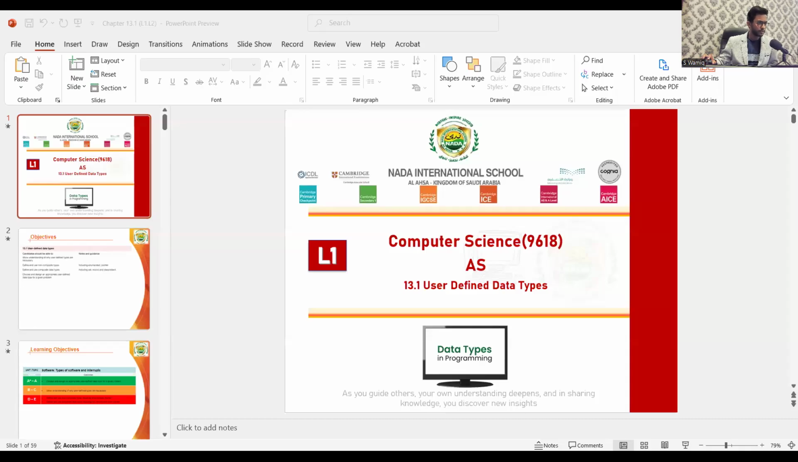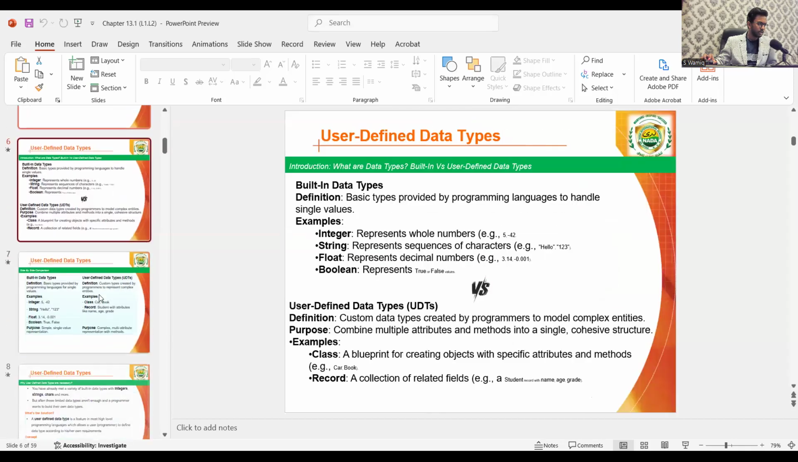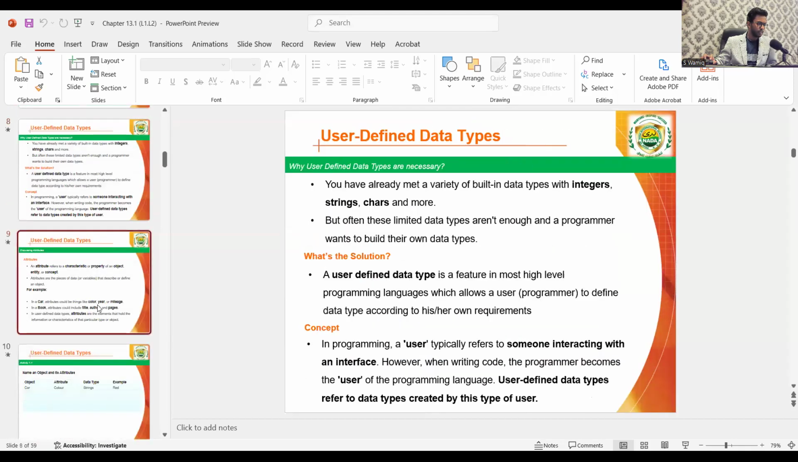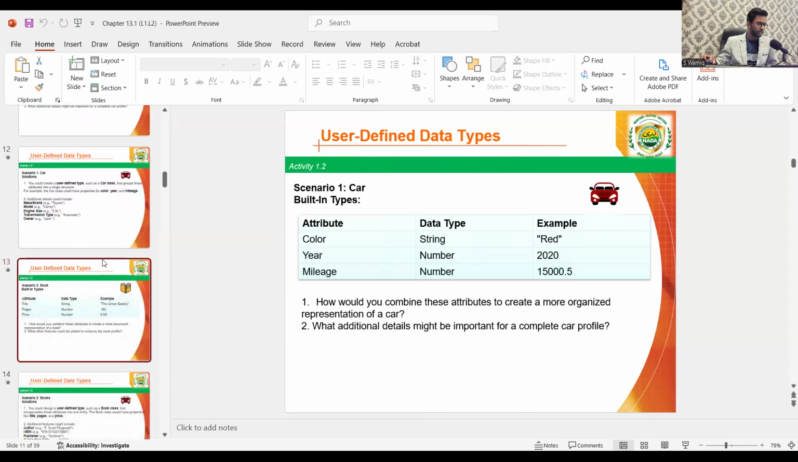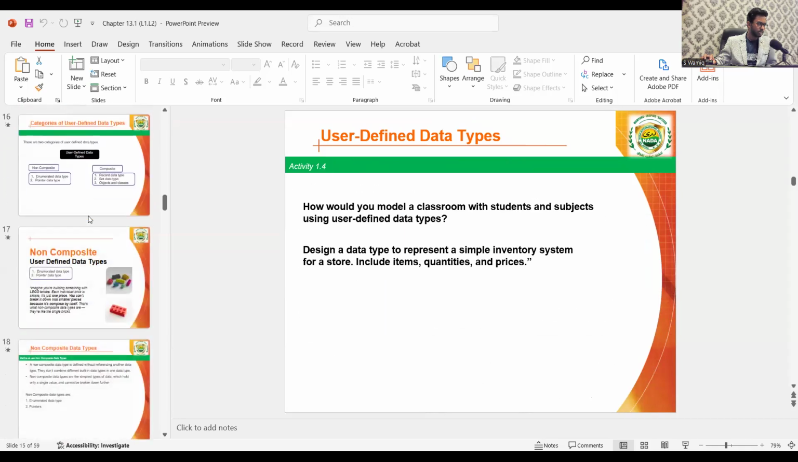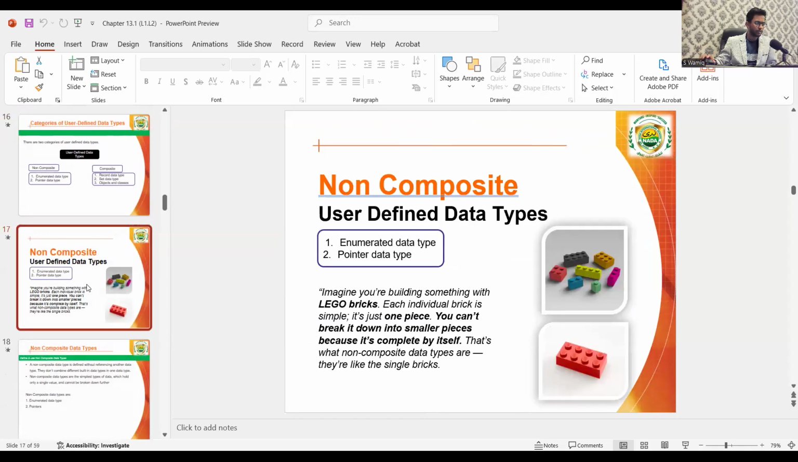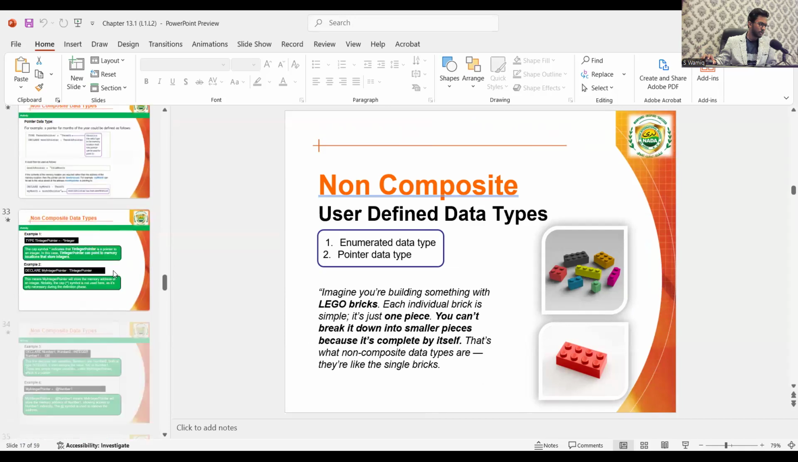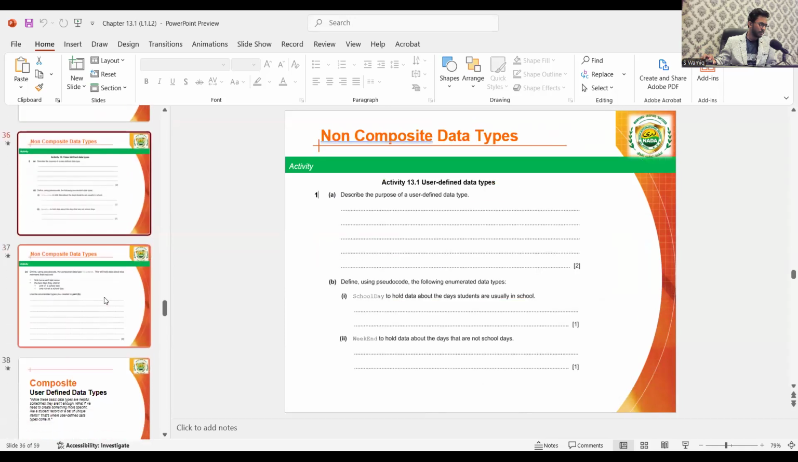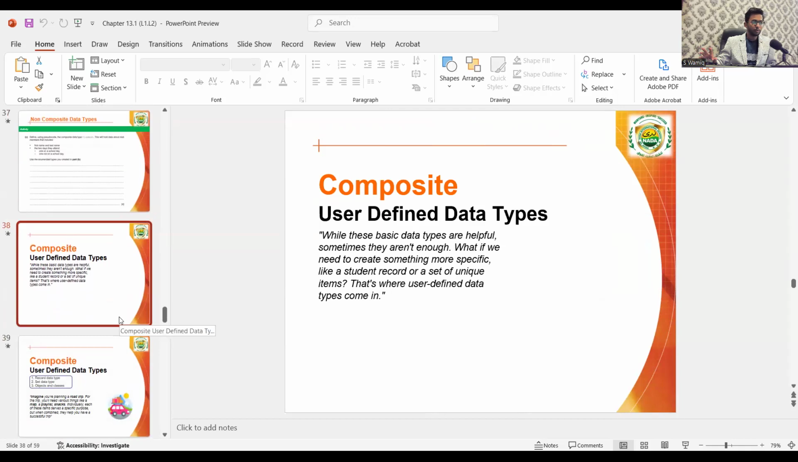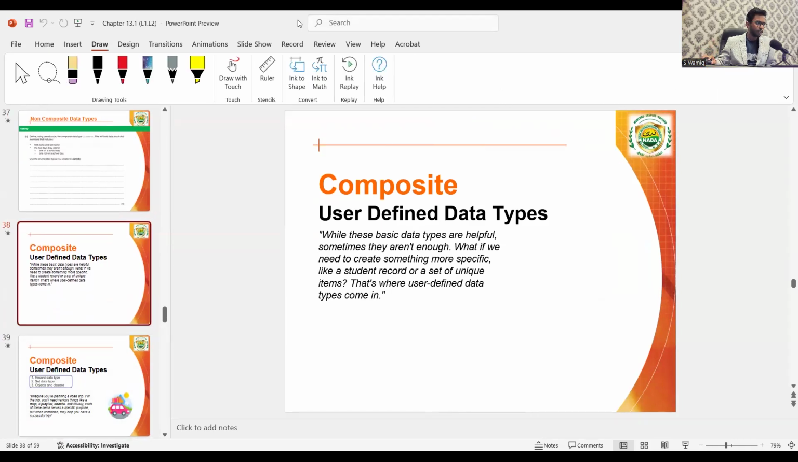So far, I have discussed with all of you regarding the data types. We have covered this initially in our classes, why there is a need for them, then objects, attributes, scenarios, examples. Then I discussed with you non-composite data types, right? One example of that was an enumerated one. The second one was a pointer. Now I'm going to start my today's class with the composite user defined data types. So when I am referring to this composite user defined data type,